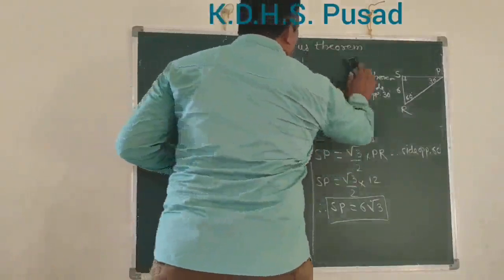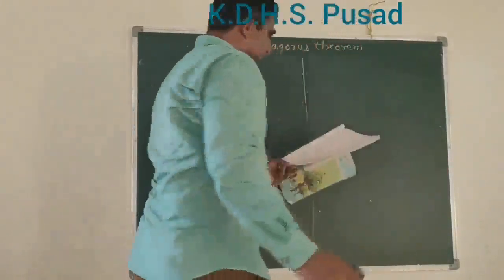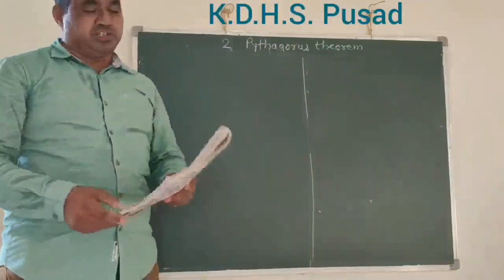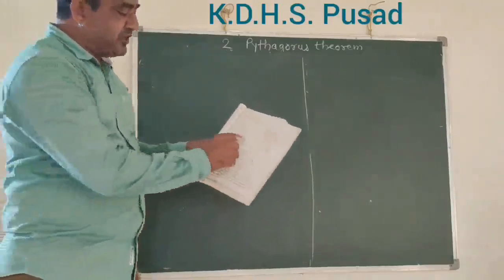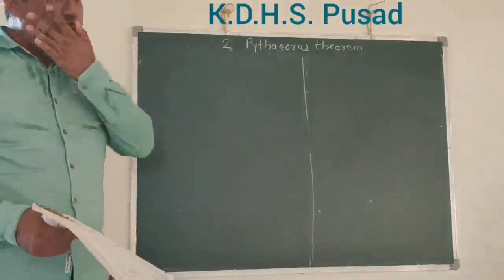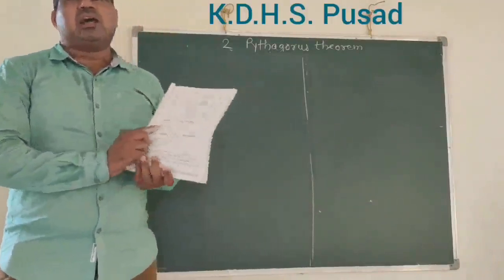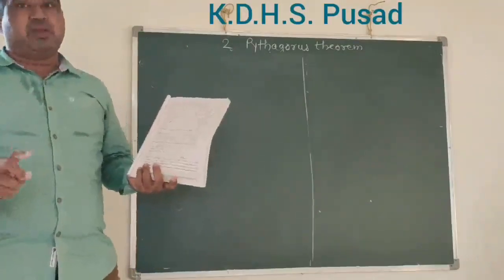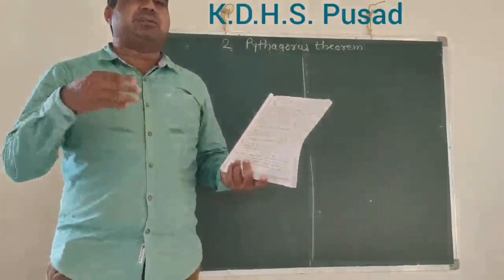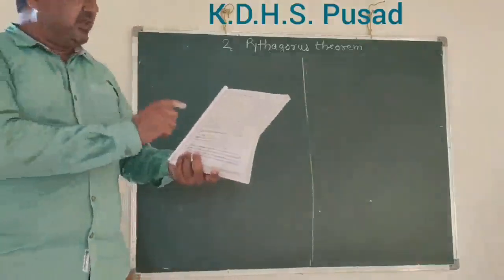Now I proceed further. Question number 6: find the side and perimeter of a square whose diagonal is 10 centimeter. Here the diagonal is given to you. You want to find its side and its perimeter. A similar question is asked in every board examination, for 1 mark. Sometimes you are given the side and asked to find the diagonal, sometimes the diagonal is given and you find the side. So in every exam there is a question based on this.